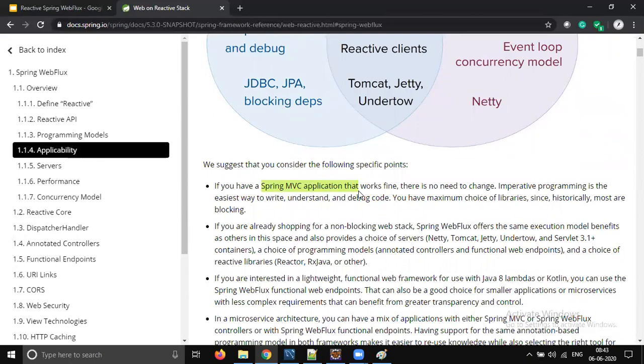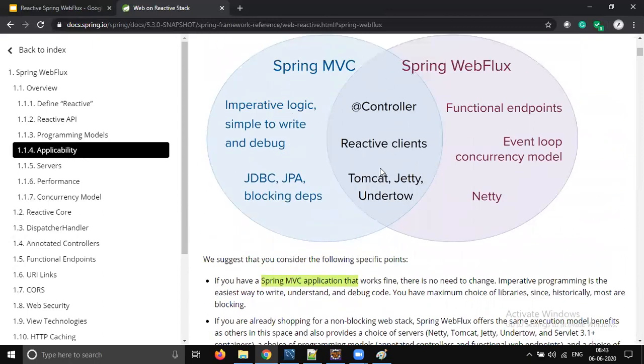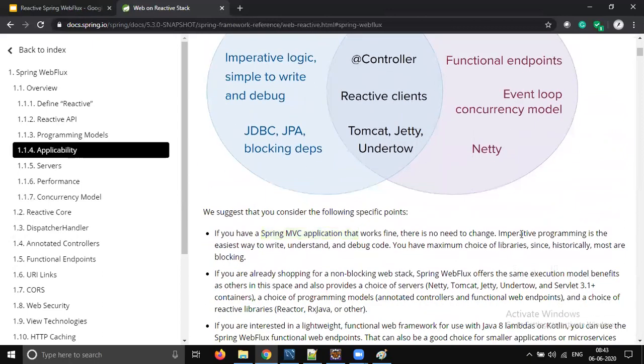If you have an application that is working fine with no issues, don't make any changes, because the way we write code in Spring MVC is called the imperative model: for loops, if conditions, for-each loops. Imperative programming is easy to write, easy to understand, and easy to debug. I hope you agree with this part.